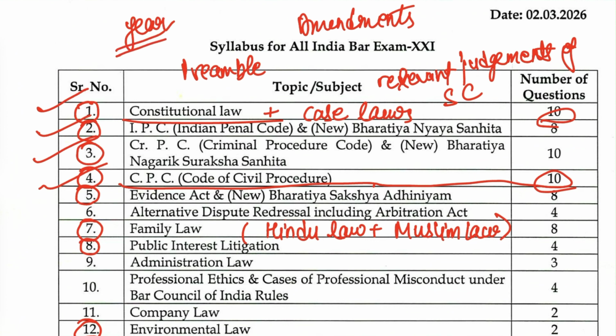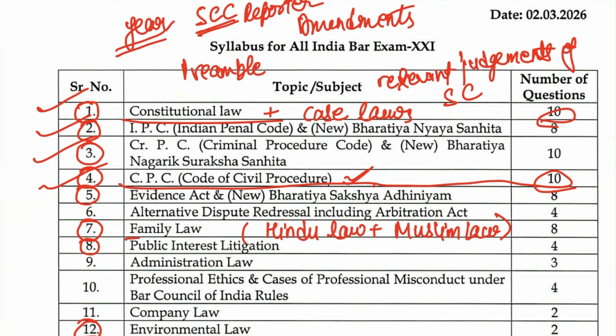You can refer to the Supreme Court guidelines or the SCC reporter, because they will ask you the case law. You can easily mark them, but you will also need the year in which the judgment was given by the apex court. So constitutional law is not only a bare act; it includes all the relevant case laws, important judgments of the Supreme Court, the amendments, preamble, basic fundamentals, and all the salient features. But CPC is a subject that you are easily going to get 10 marks from just by reading the bare act.